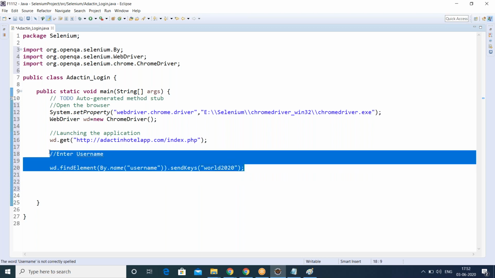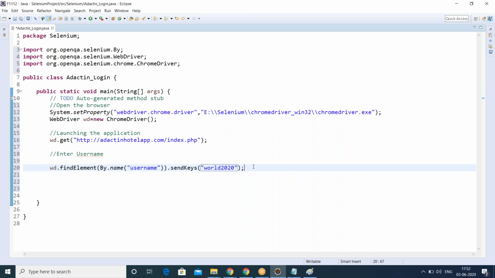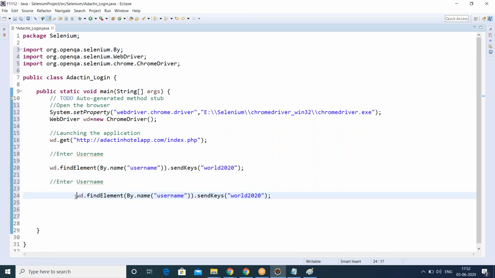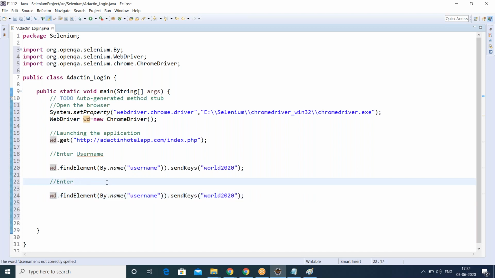Password is also a text box, so I'm going to copy the step, enter password. Here we can change this to password.